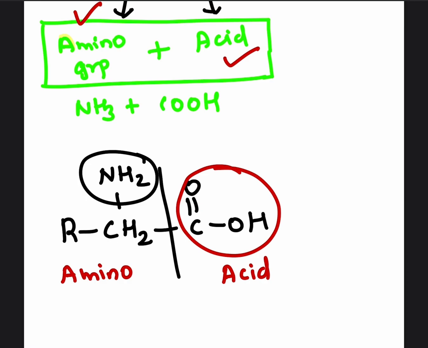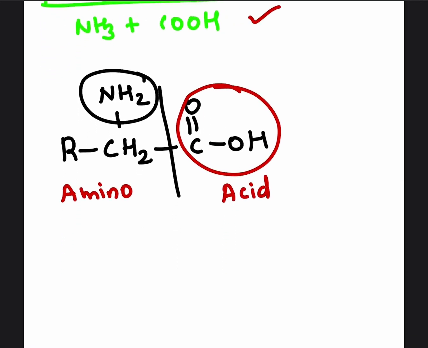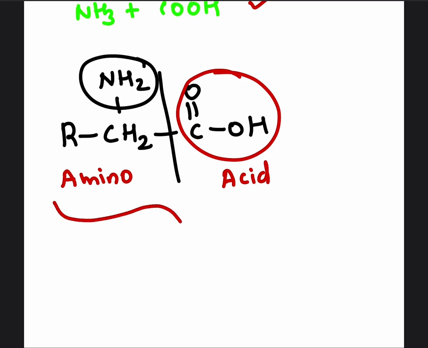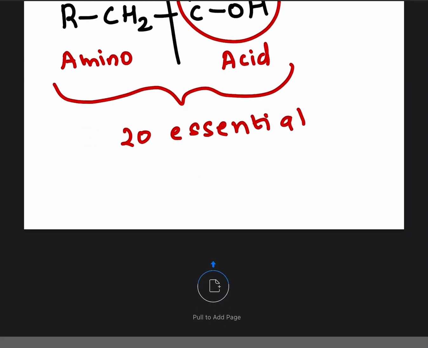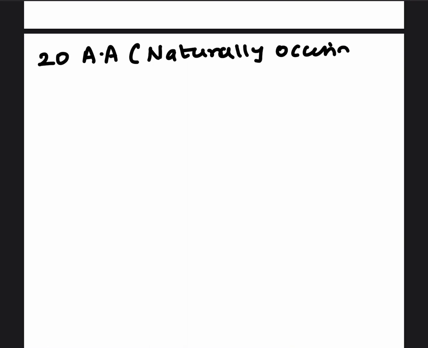So how exactly they look, I have mentioned here, and you will see that this basic structure of amino acid is going to follow throughout the 20 essential amino acids we are going to cover in this video. Now let us see how these amino acids are going to look. There are around 20 amino acids available in nature, which we call naturally occurring amino acids, and likely there are a 21st and